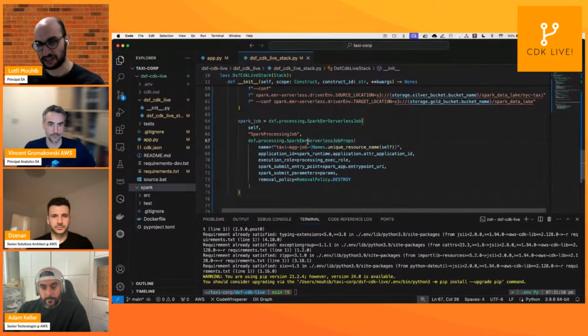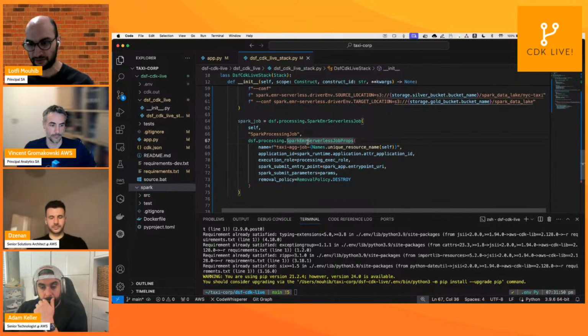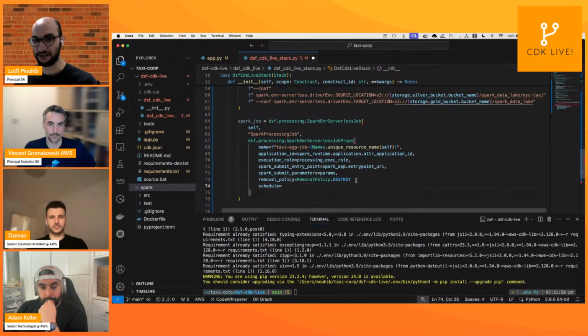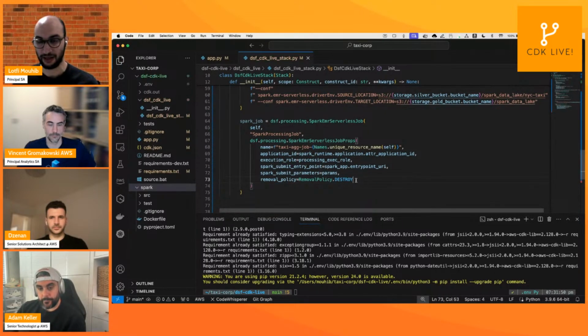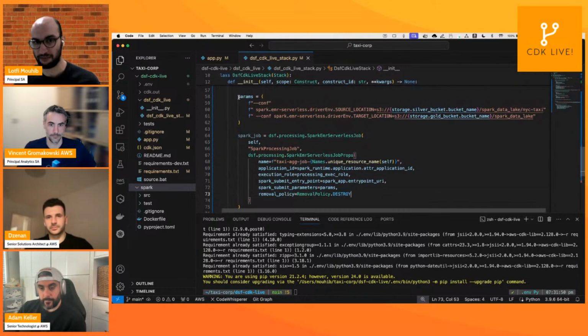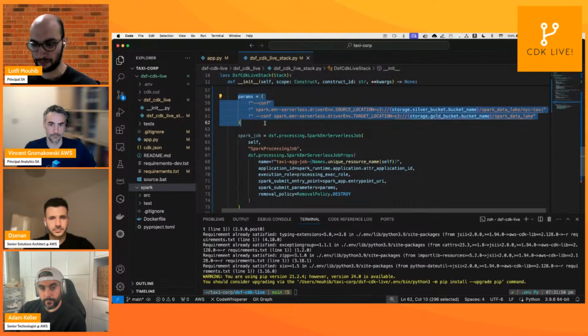Pretty simple here. So what we take is the API or the props, the API interface that is exposed by the AWS API, and we expose it to you here. Now, the nice thing is that we can do a schedule. With this schedule, I can put a cron job that says John Doe will be able to run their application every day at night, or however you would like to define it. We also define the parameters, and these are the parameters that are passed to the Spark